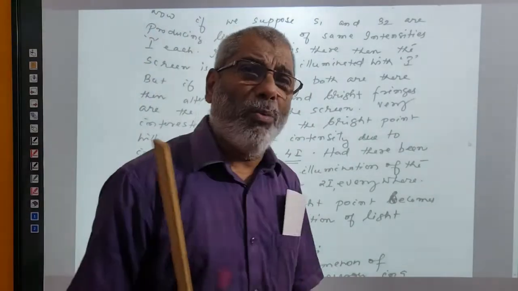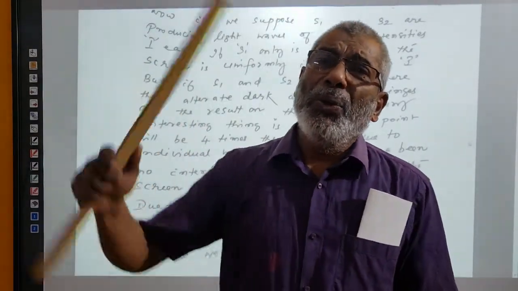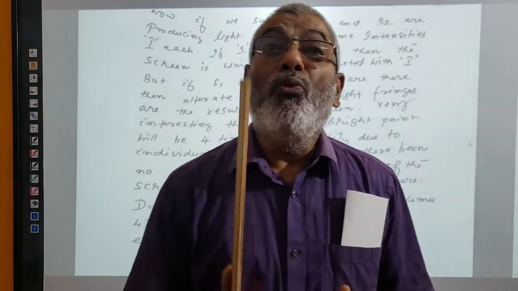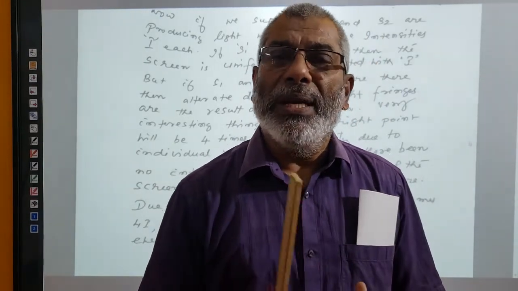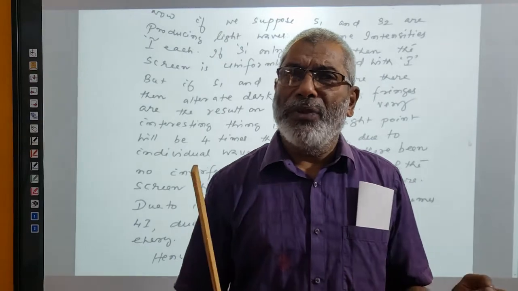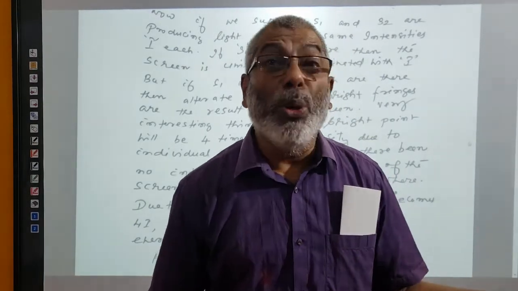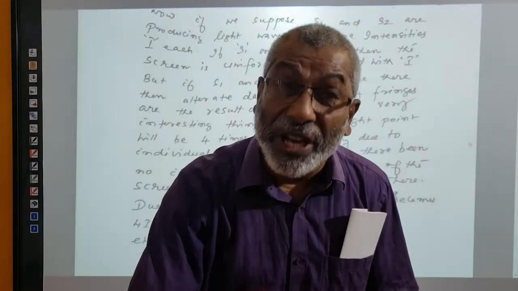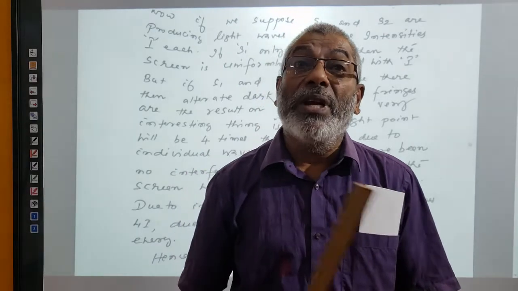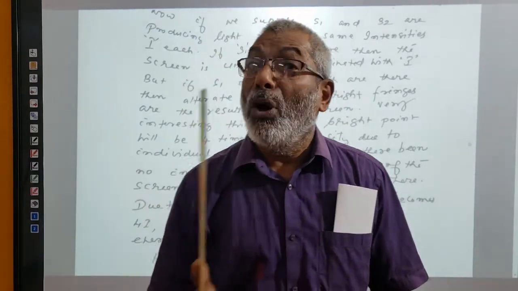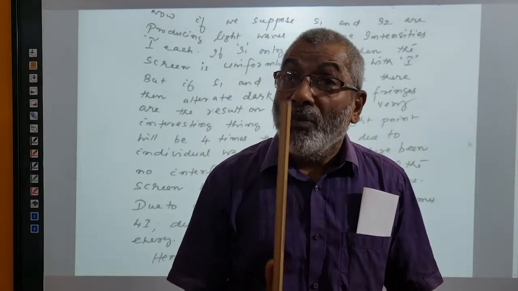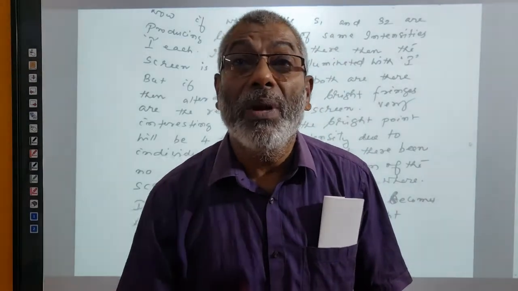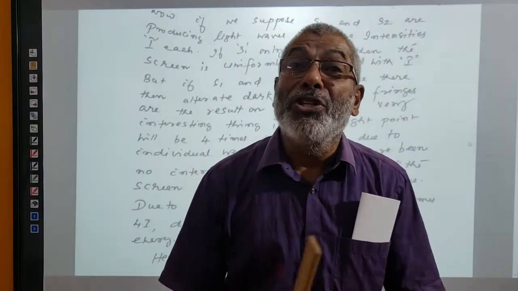One more very important thing I tell you is that due to interference, the bright points' intensity will be 4 times the intensity due to a single wave. We had 2 waves of intensities I and I. Had there been no interference, the screen would be equally illuminated. If interference occurs, then on the screen we get alternate dark and bright fringes. The bright point has an intensity equal to 4 times the intensity due to a single wave, while at the dark point the intensity is equal to 0.